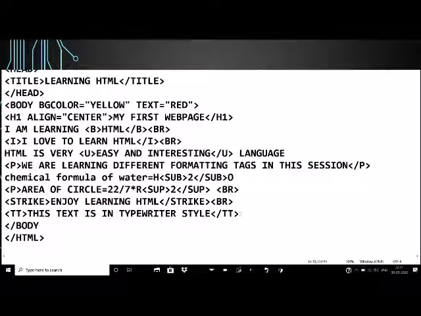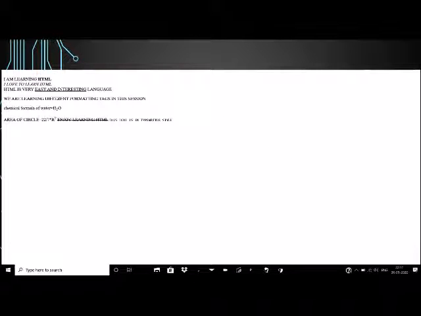Now I'll save this using Ctrl S, and again I will refresh my document, reload my document. Now these lines are appearing as different lines. Where I had used P tag, there one blank line is left, and where I have used BR tag, the sentences are appearing in continuous lines without leaving any blank line.